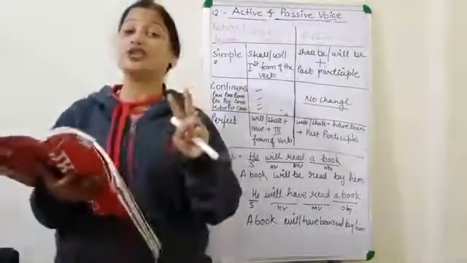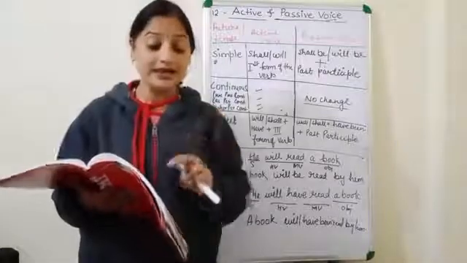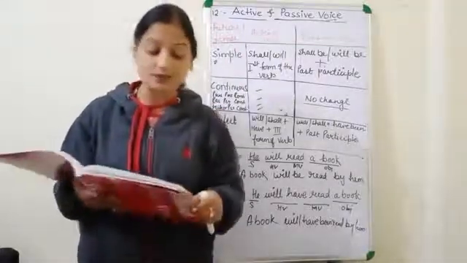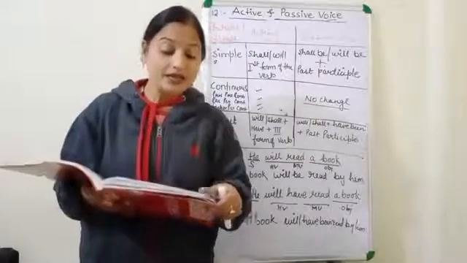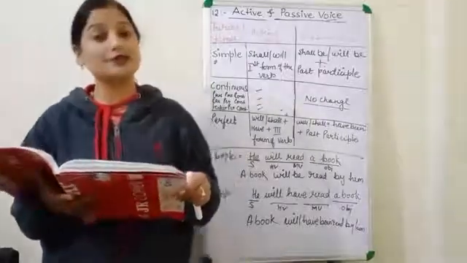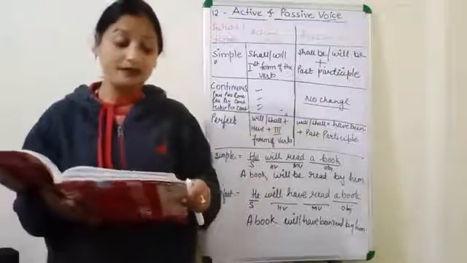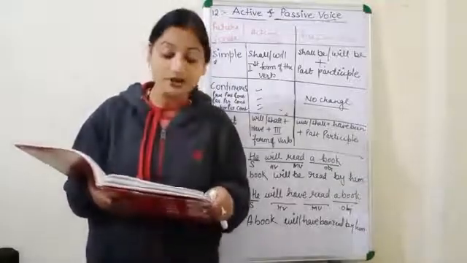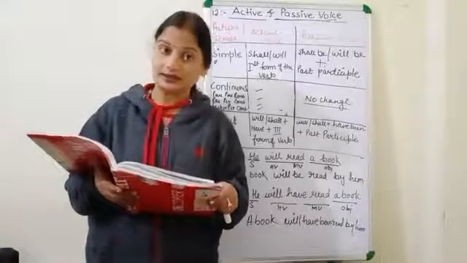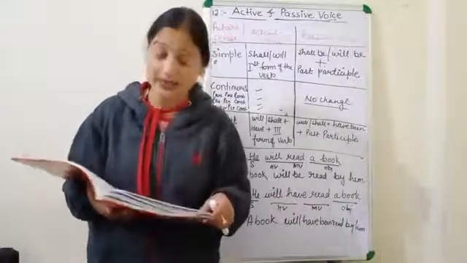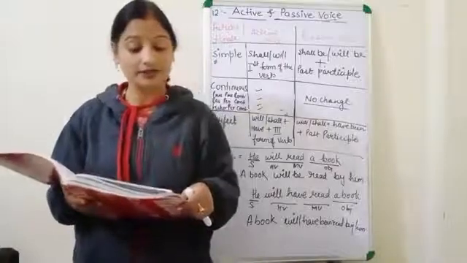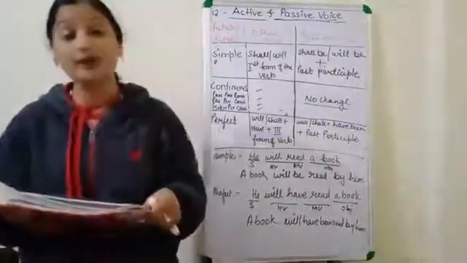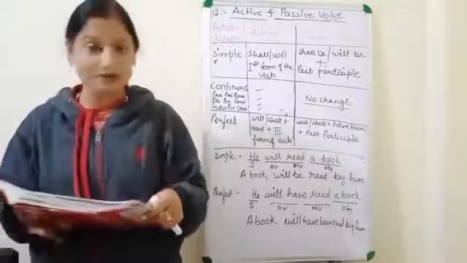We have 2 objects in this. Number 1 is the direct object, which is English, and second is the indirect object, which is us. Now, we can change this into passive voice in 2 forms. Form number 1: We are taught English by your aunt. Clear? We are taught English by your aunt. So, definitely the subject has gone at the end, by your aunt. By will be the preposition.